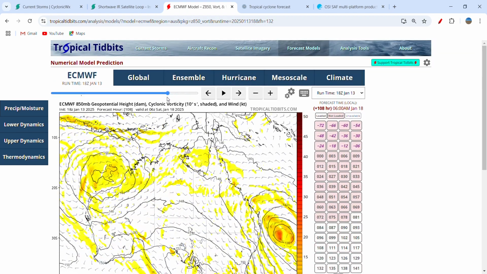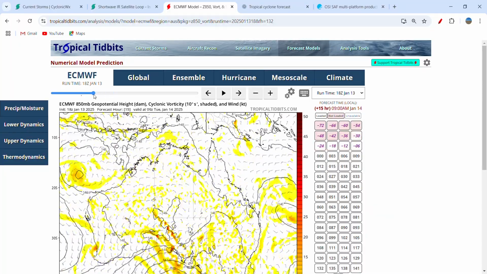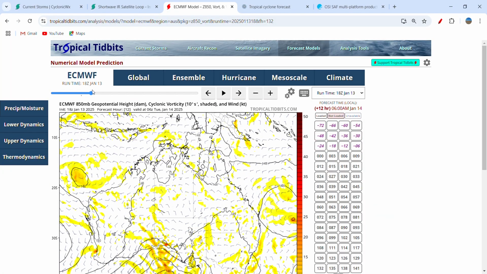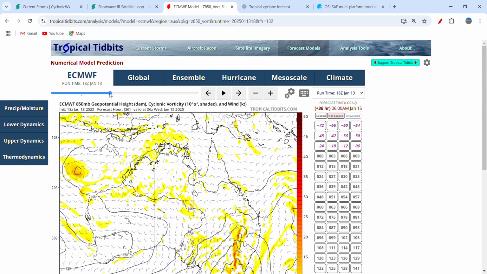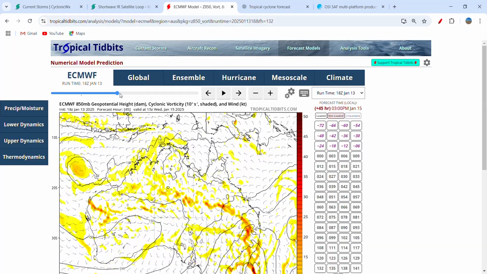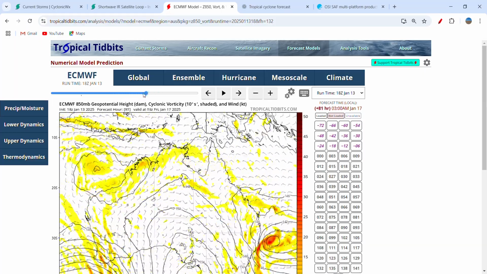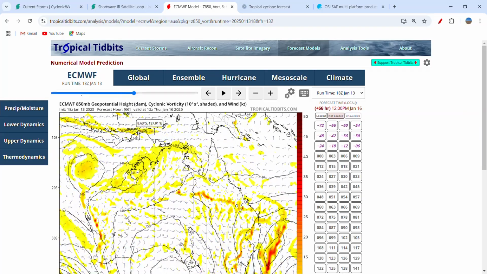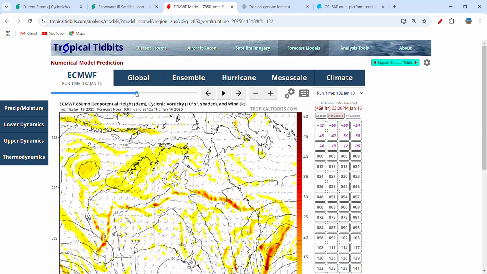For example, we see obviously the low here, 10U, on the European model that we have for 18Z, and typically we see the same kind of evolution that the Americans showed at the beginning, but then instead of having one dominant system, we have a very noticeable development in the monsoon trough here, with the low still there. Now what happens is,